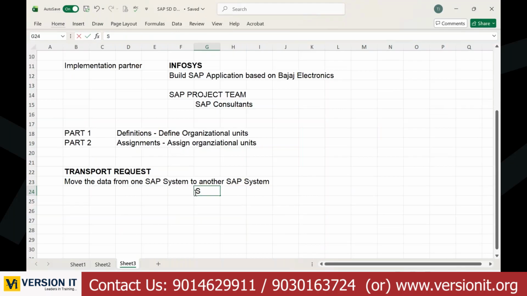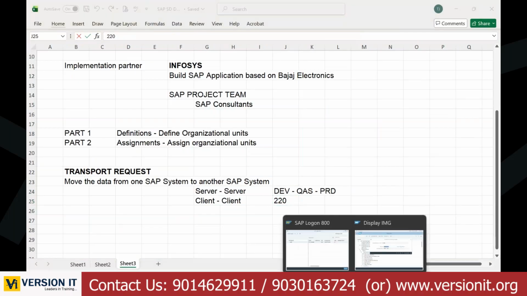If you want to move the data from server to server, or from client to client, you are going to take the help of a transport request. Server to server, for example, from the development system to the quality system, and from the quality system to the production system. Client to client: right now we are working with the 220 client. Now where do you find that? Once you log in,